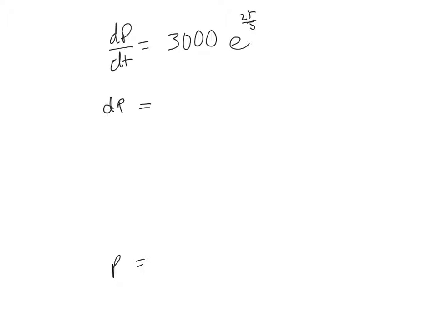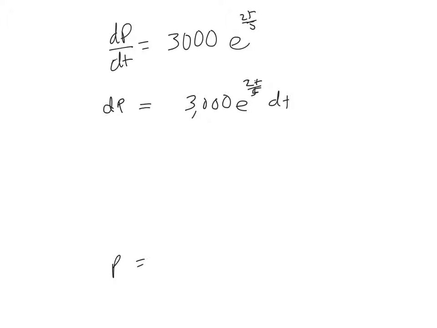So new page, the equation that I just had a second ago on the screen was dp dt equals 3,000 e to the 2t over 5. Now this becomes an issue of solving the differential equation, because we actually need to get to an equation that says p equals something. To get there, I'm going to separate my variables and go through the whole process of how I solve a differential equation. So dp is equal to 3,000 e to the 2t over 5